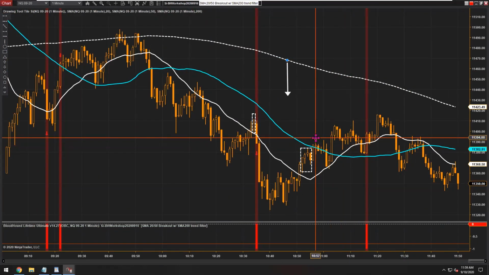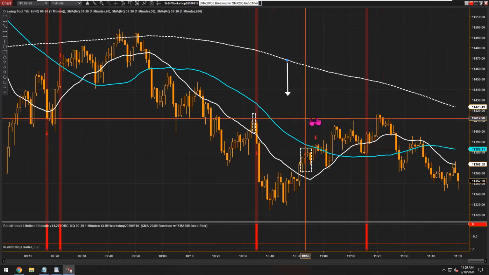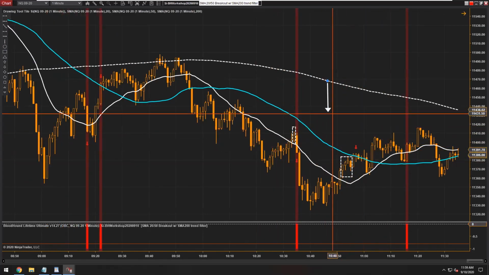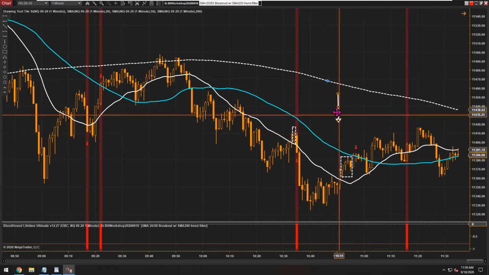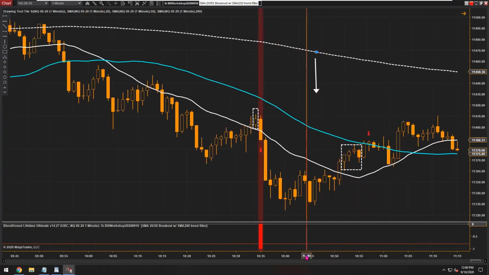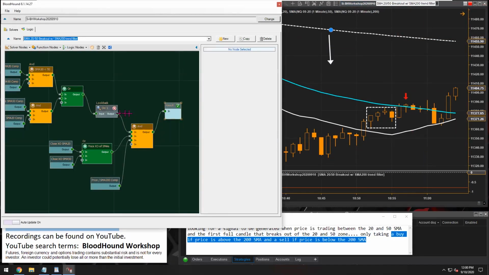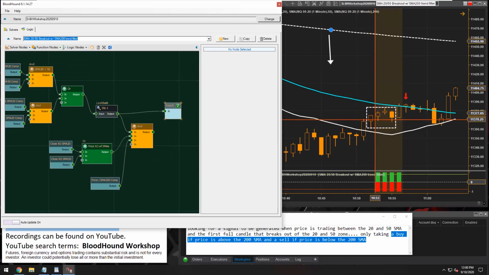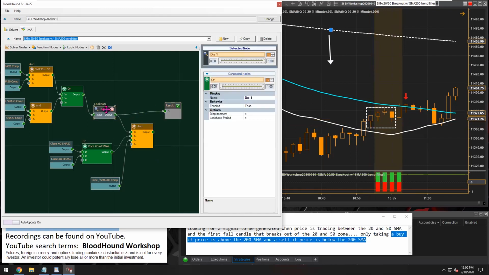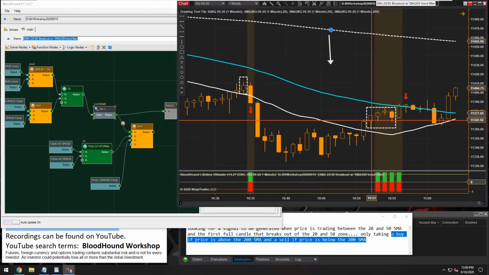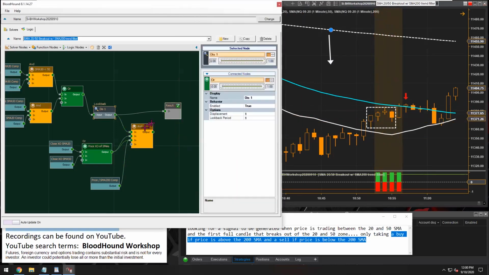Yeah, so let's see, we're missing a signal here. Let's find out what happened right here. We're missing a signal. All right, so we can see here I have our look back node connected up. We've already seen that when the bars are in between, that's being detected. And we have,